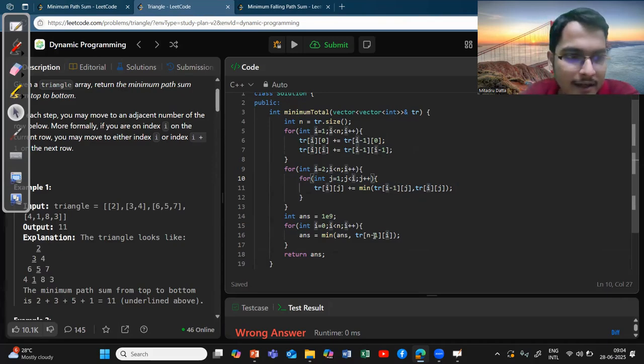You can understand that this i minus 1 is always happening, right? The previous row, we are deriving the value of the current row from the previous row. So that should always be i minus 1, and it should be between j minus 1 and j. If you did not understand this,